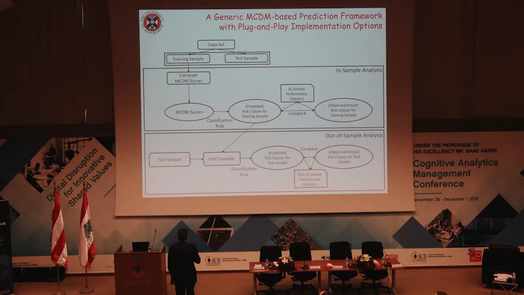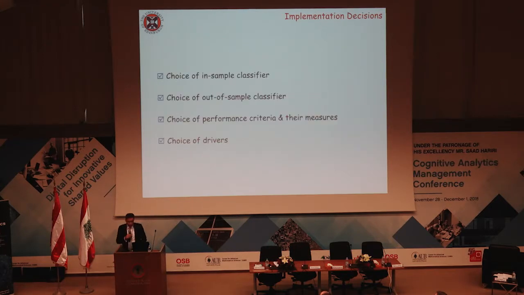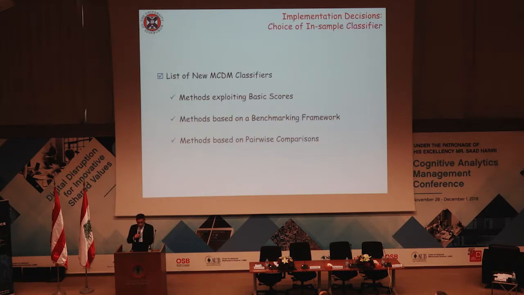Right, so let me emphasize the implementation decisions here. I'm classifying them into mainly four. Choice of in-sample classifier, choice of out-of-sample classifier, choice of performance criteria and their measures, and the choice of the drivers. So in terms of the choice of the in-sample classifier, and this is the novelty in what I'm presenting